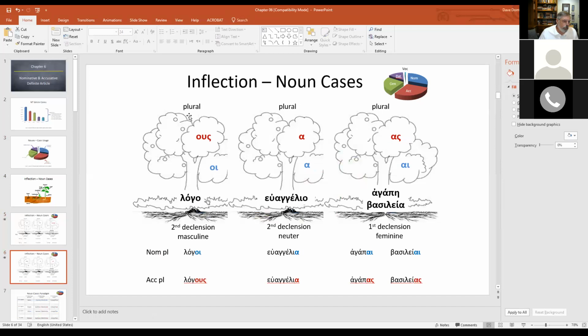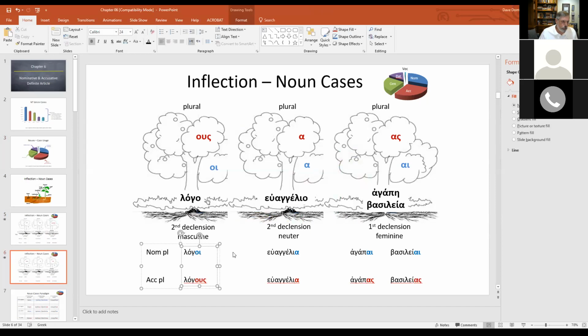And it's a second declension pattern for masculine words, plural. So remember, a word can be singular, can be plural. I got the exact same root, log, and the exact same stem, logo. I just changed the endings. Logoi is nominative plural. Logous is accusative plural. Well, if it's functioning as a nominative plural, that's going to be words plural. So that would be